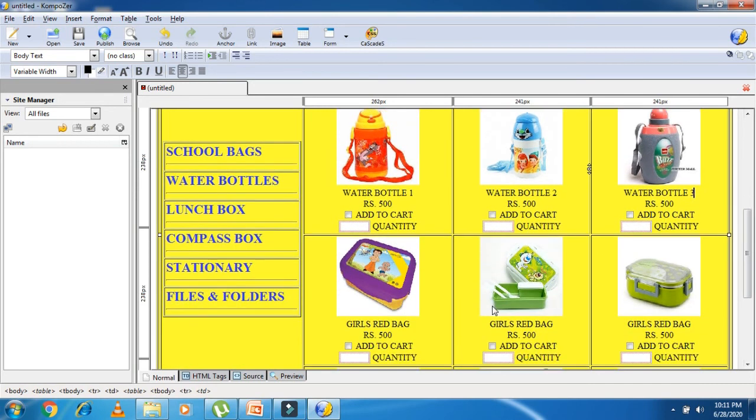Now after that I'm writing lunch box 1, here lunch box 2, and here lunch box 3.